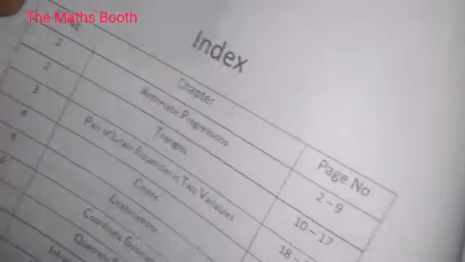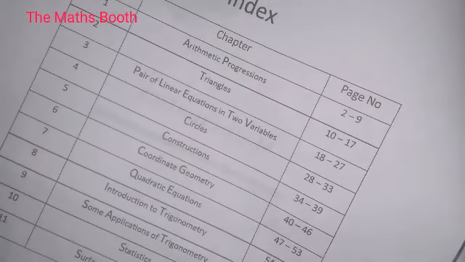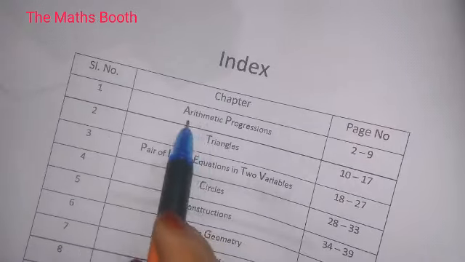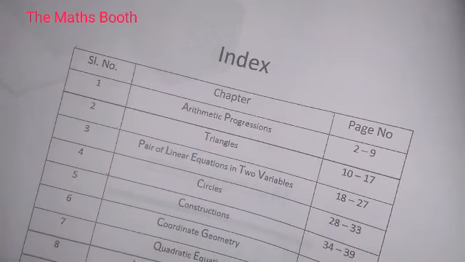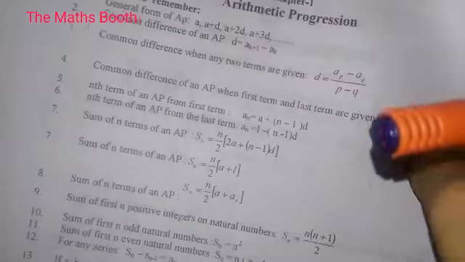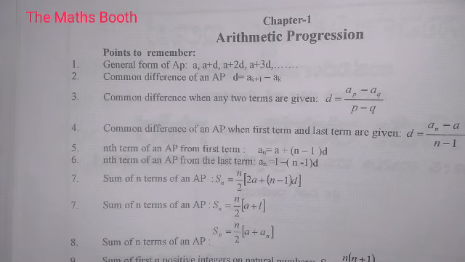The first chapter of class 10th is here in the index, and they have given chapter-wise important questions. With this I will again solve problems from Zen, Oswald and all. The first chapter given is arithmetic progression, AP. Here a few important formulas and points to remember are given. We all know the important formulas of AP, so let us begin directly from the questions.